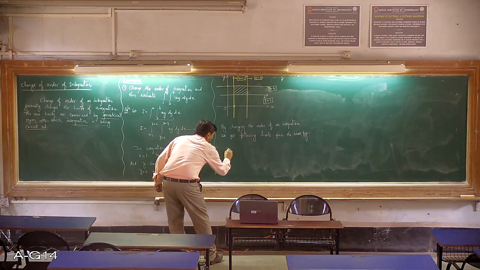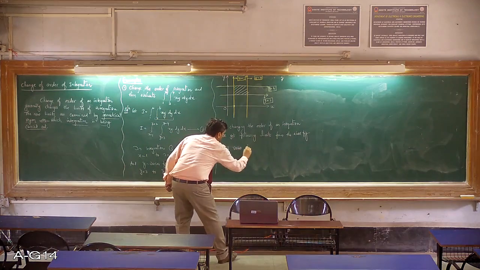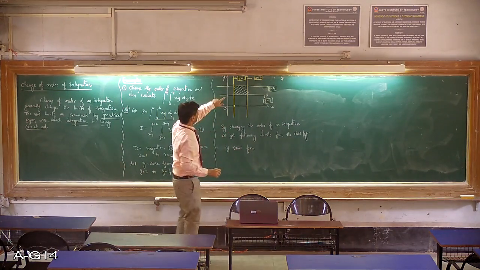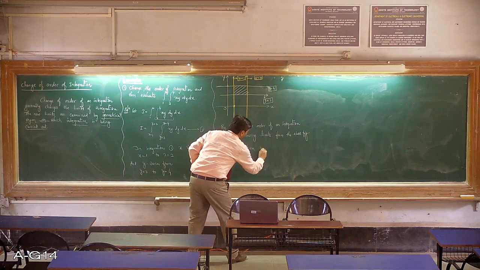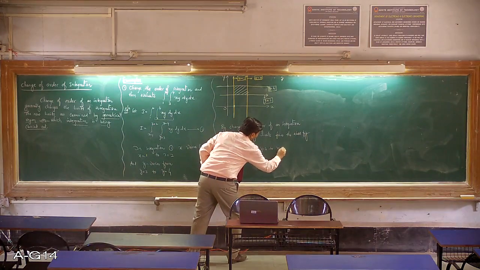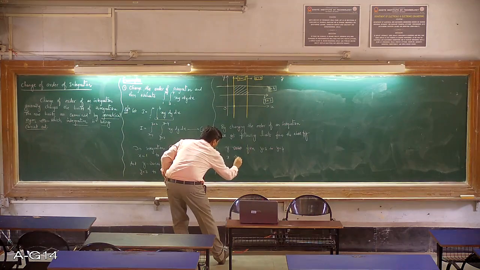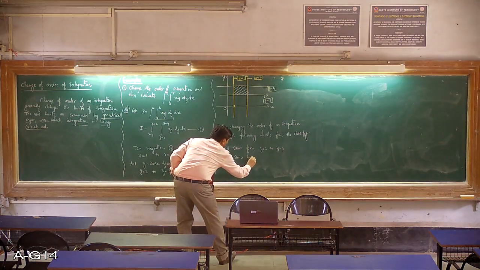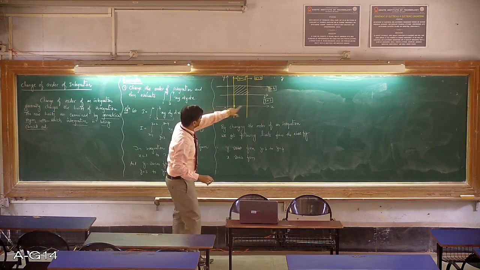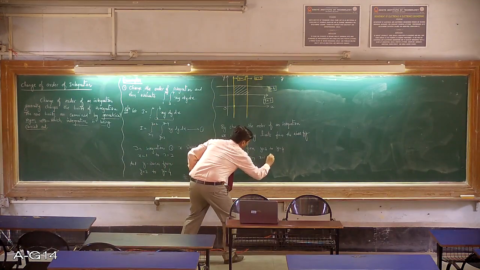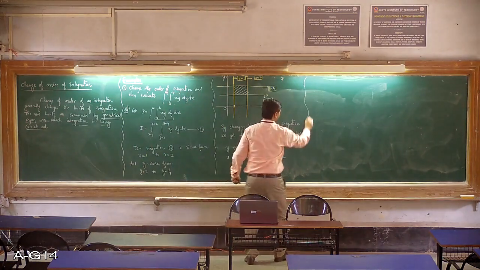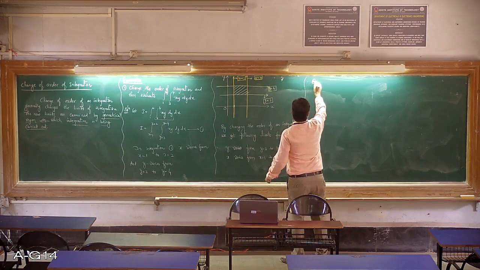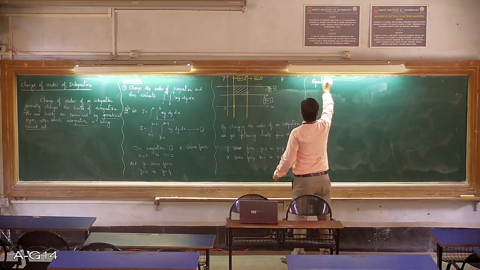First, y varies from, you can tell me, from where does y vary? y equals 3 to y equals 4. y varies from y equals 3 to y equals 4. And x varies from x equals 1 to x equals 2. x equals 1 to x equals 2. Therefore equation 1